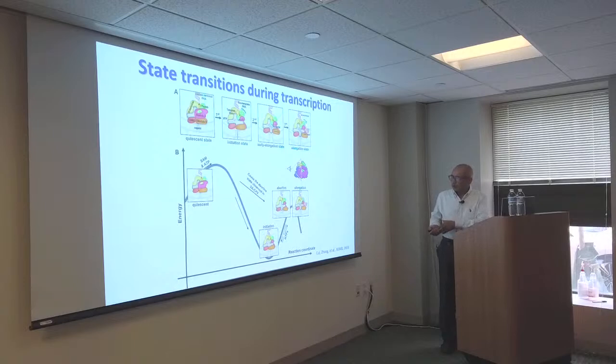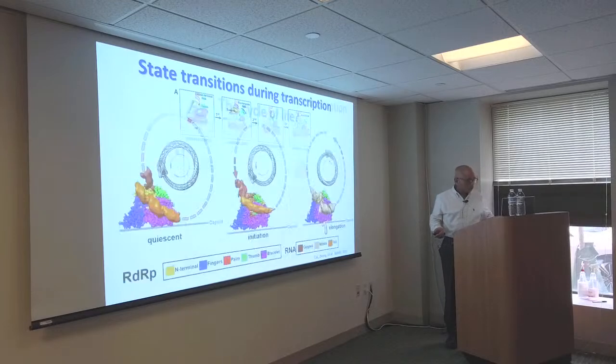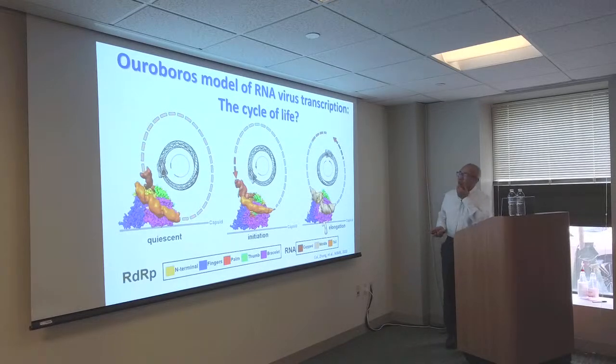And then you provide the NTPs, because NTP is being consumed, this provides the energy source, and then this can continue as shown here. Of course, the elongation states are probably in the middle, and they can actually track back and start over again. So this model also explains how this virus can be a nanomachine. Basically, they can generate this RNA continuously, and that was always a puzzle.